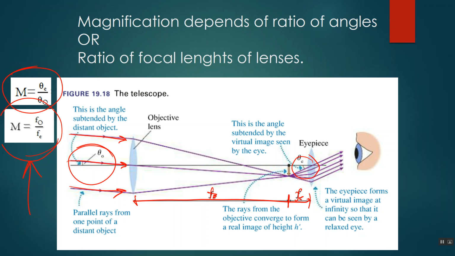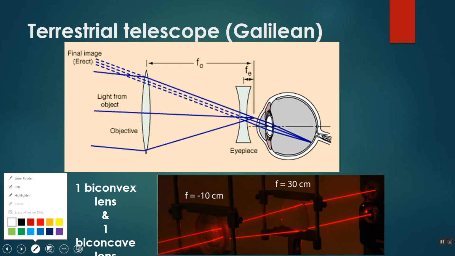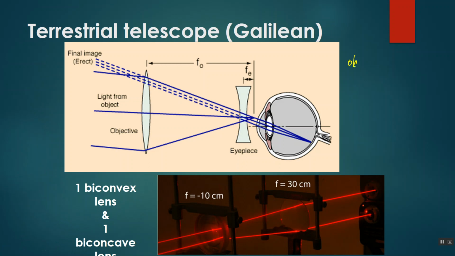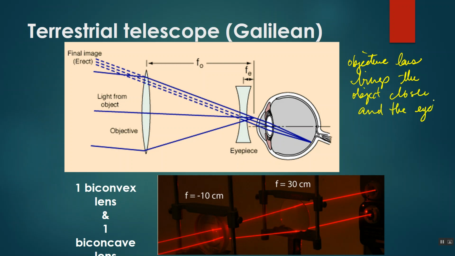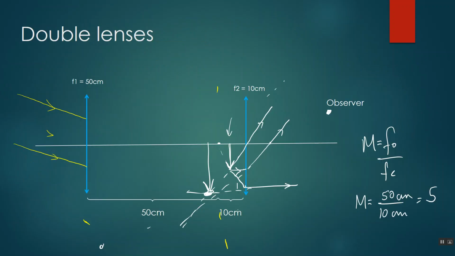Okay, where can we write that? Let's write that here. So the objective lens brings the object closer, and the eyepiece makes the image larger. Okay. And if you look at it on all of our diagrams,